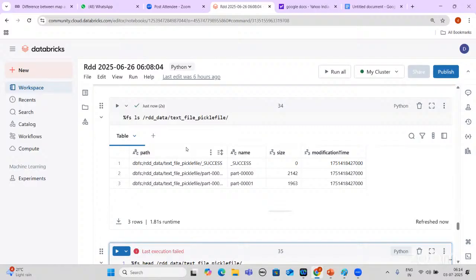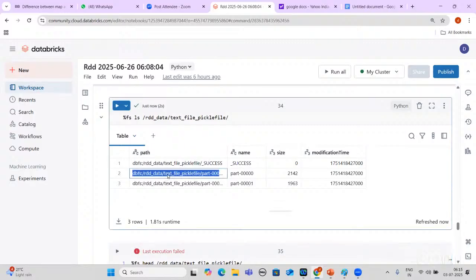Whenever the Parquet file starts saving, it will generate one log. That means I'm trying to save this and it succeeded. So this is a log entry, and you can also call it an audit log. You will see that success. Okay, it's storing. Now, how can we read it?